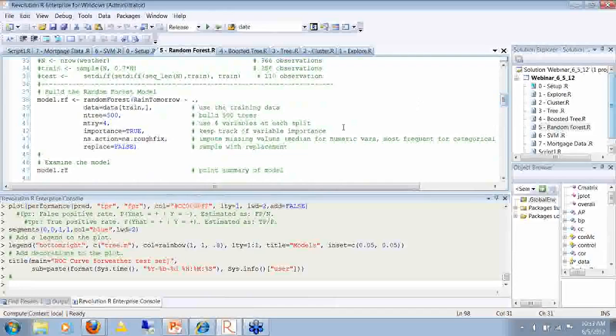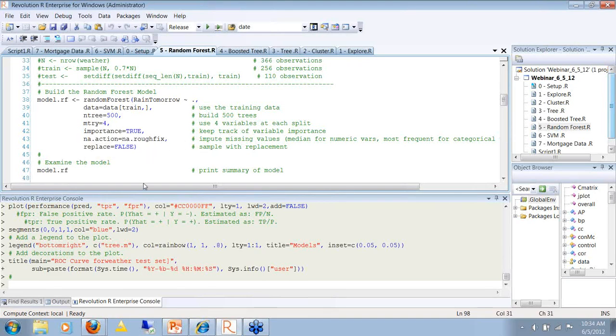And this is it. We already have enough machinery to run the random forest model without much work, because I built the indices for the training set and for the test set. I can tell it here that I'm going to run the random forest model with this formula. Here I'm using the data set, but only those indices that we flagged to use for training. Trees, we use 4 variables at each split, etc. This says I'm going to keep track of variable importance, and we're going to look at it.